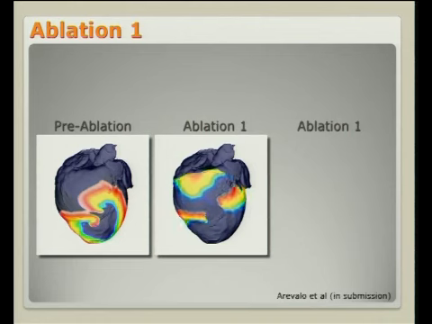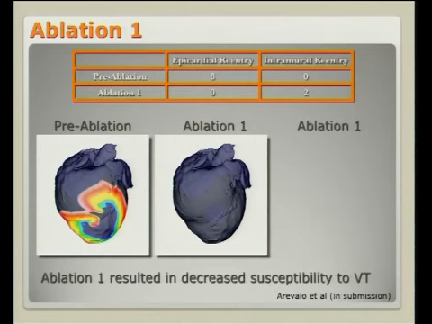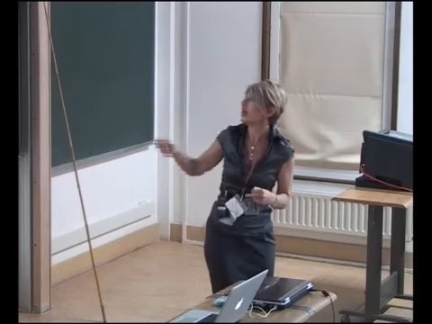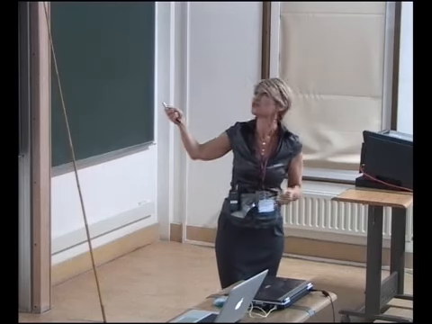So we did the first ablation. And here is the movie. This was the pre-ablation movie. Here is the ablation movie. You can see here the ablated region. And there is no longer VT induced. However, it was not always the case. Of 8 previously induced epicardial reentries pre-ablation, when we did this ablation, we were left with 2,